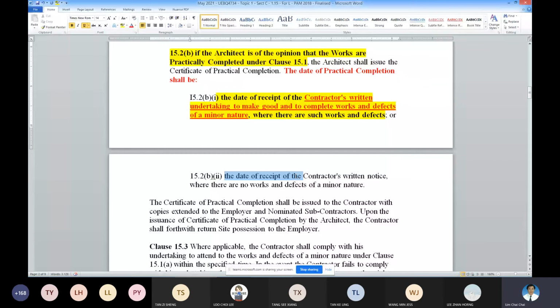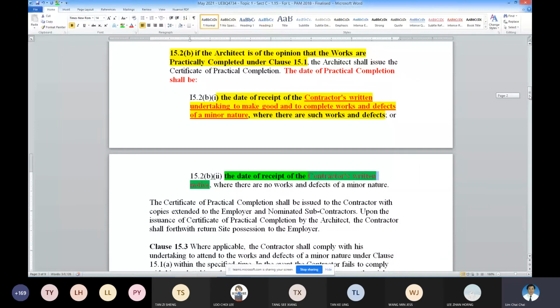So this one is written undertaking. That is the date of receipt of written notice. See the difference? Written notice. Written notice is what date? Written notice is the date when the contractor submits the letter. Okay. Under